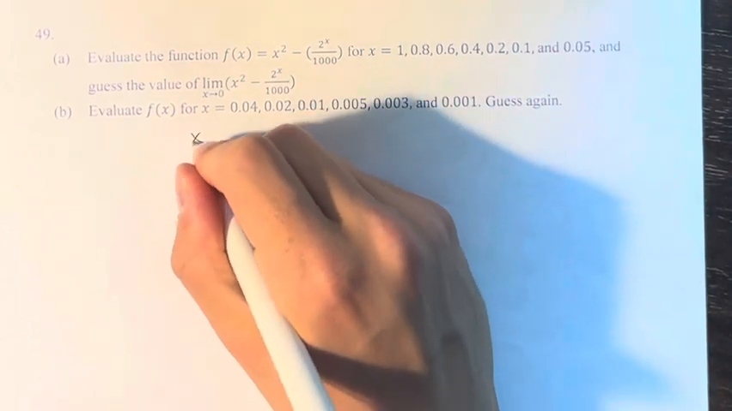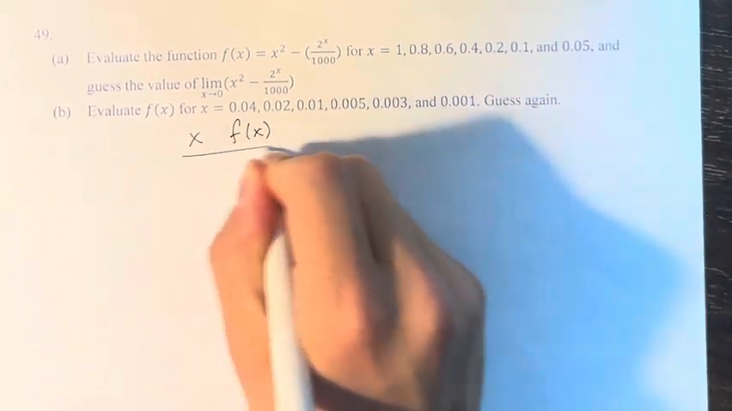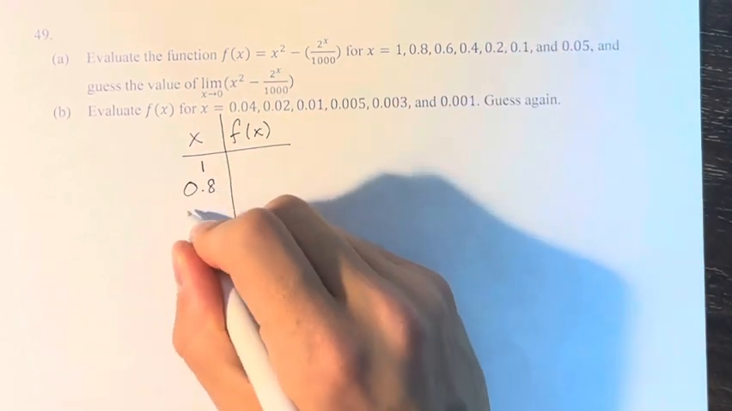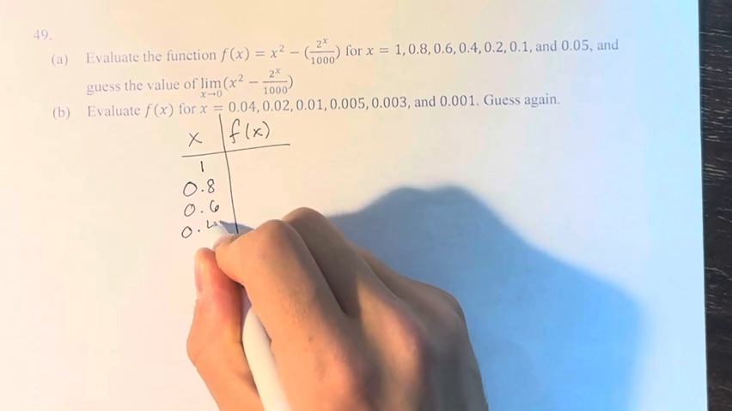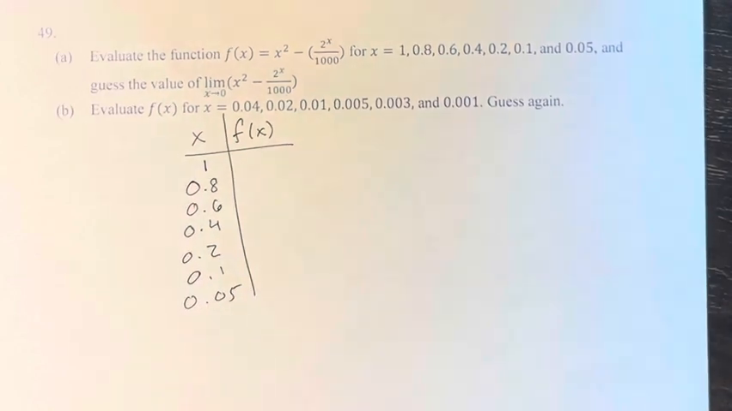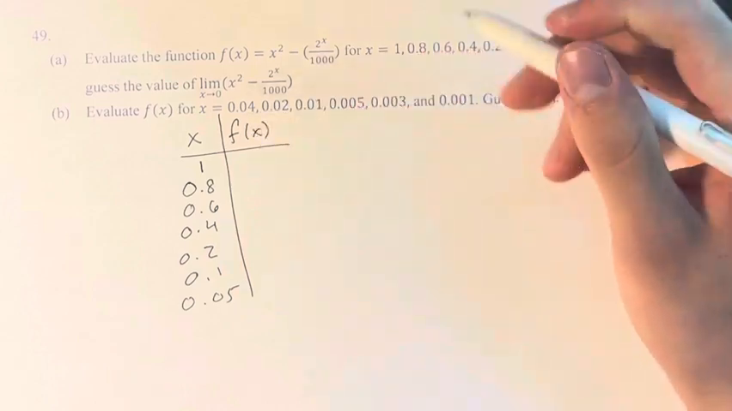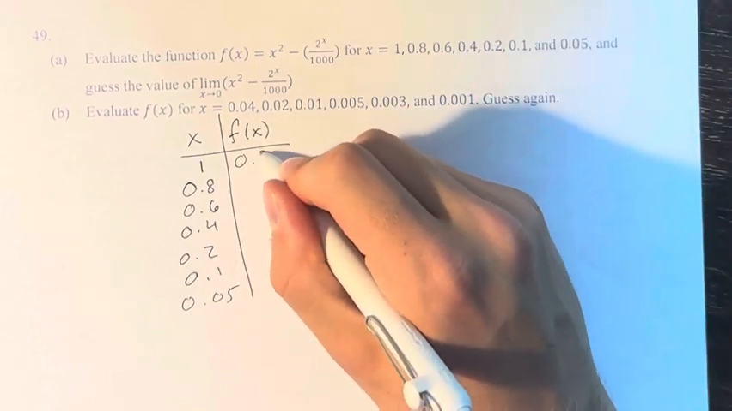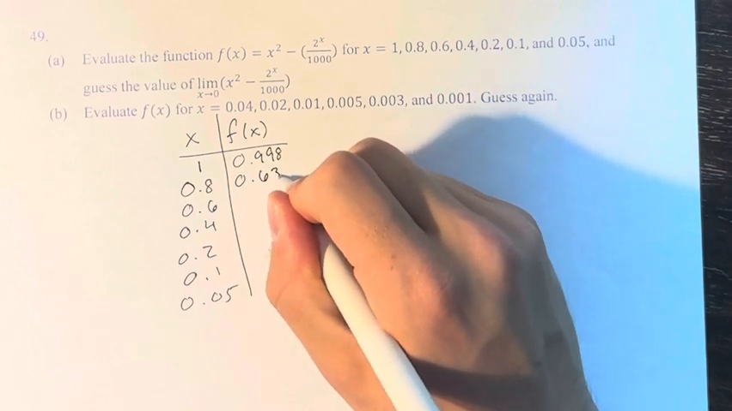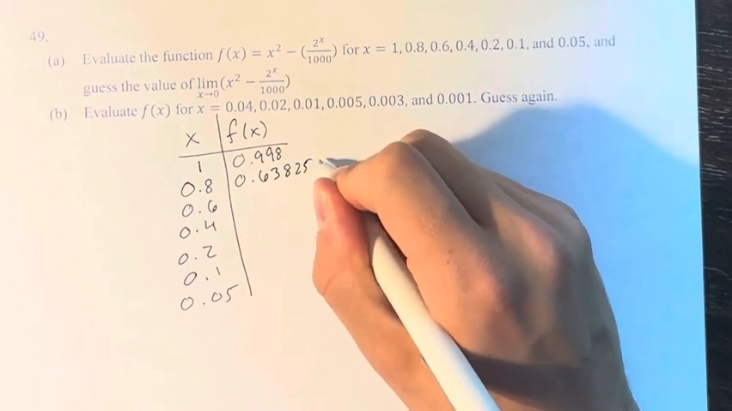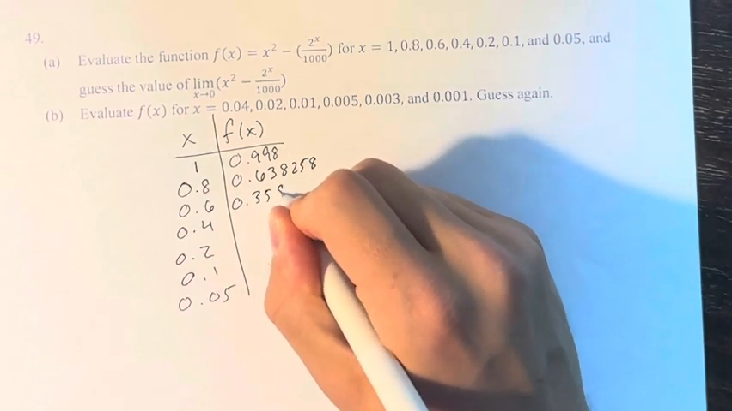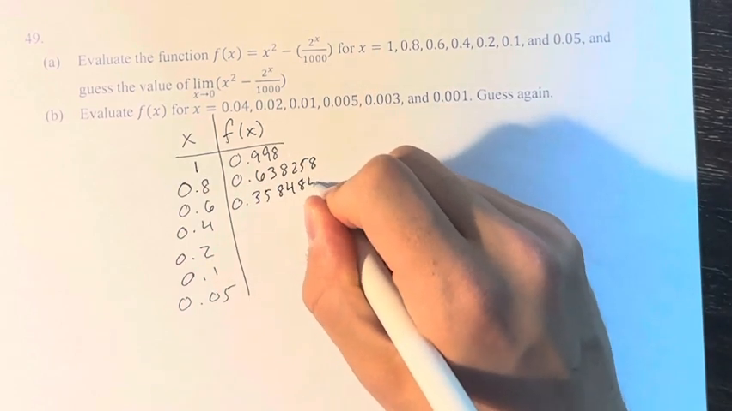So first, for part A, we have 1, 0.8, 0.6, 0.4, 0.2, 0.1, and 0.05. When you plug these into your calculator for f of x, we get 0.998, 0.638258, 0.358484,